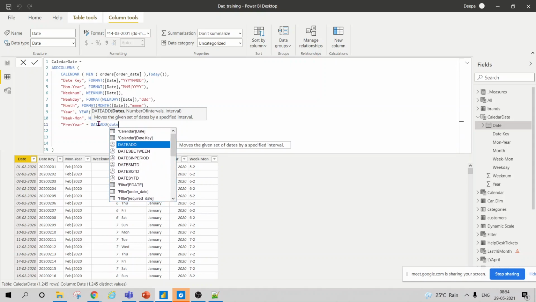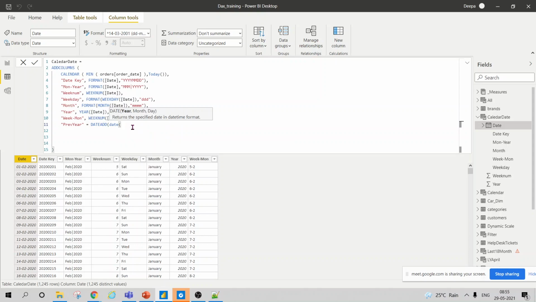This is date function, date, and I'm taking a date. Suppose I'm just taking my control date to check if it is working. 2021 and year and day. Okay, let's see that, because I just want to check it here first. Then it asks me the number of interval. Something, not sure what is happening here.